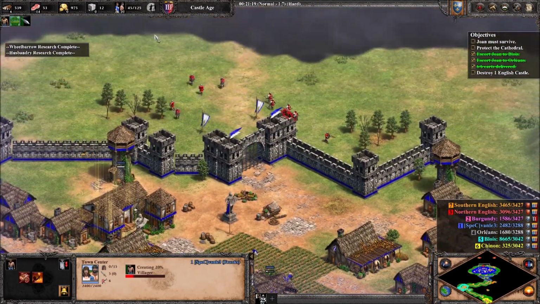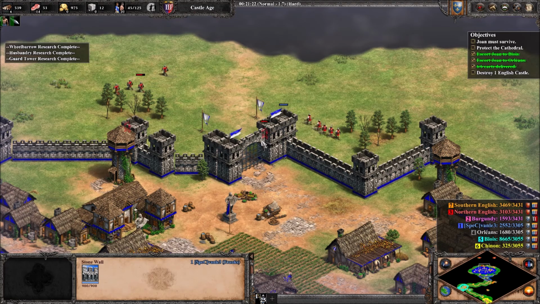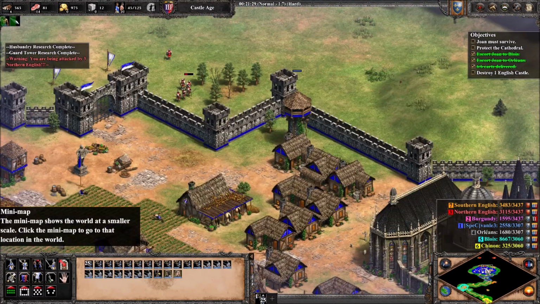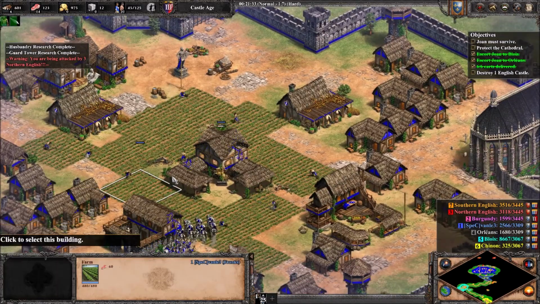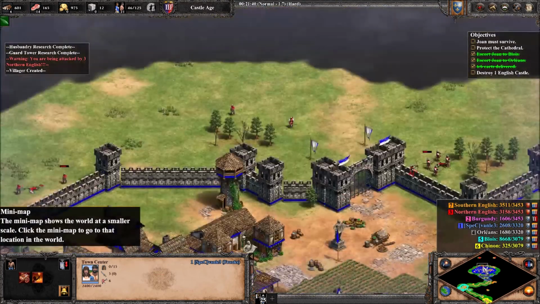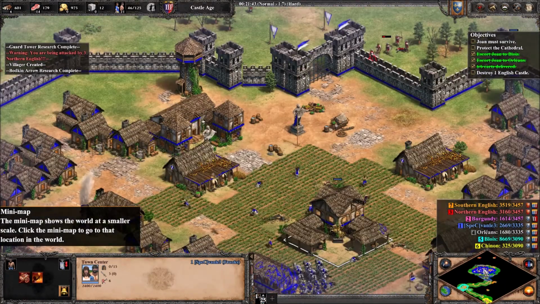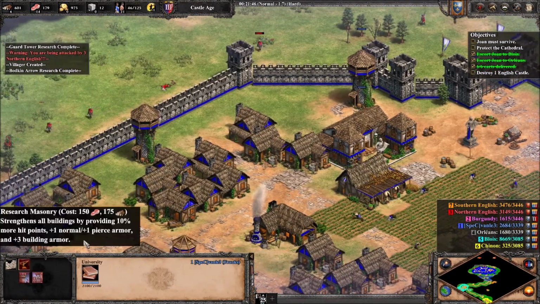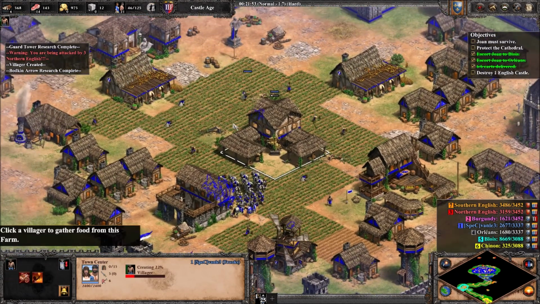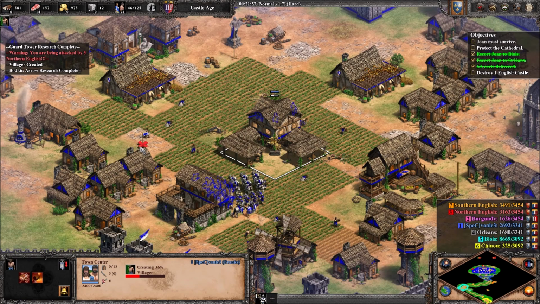We have no food. Forgot about that. They aren't attacking our walls, so it's kind of interesting. I don't really care if they're attacking our towers. We have ballistics now. Obviously we can't get murder holes because we don't have...